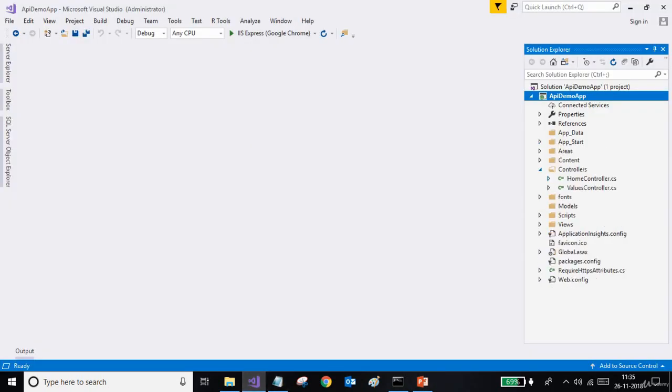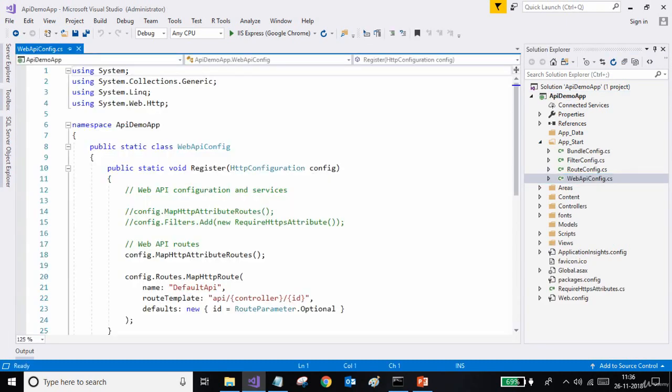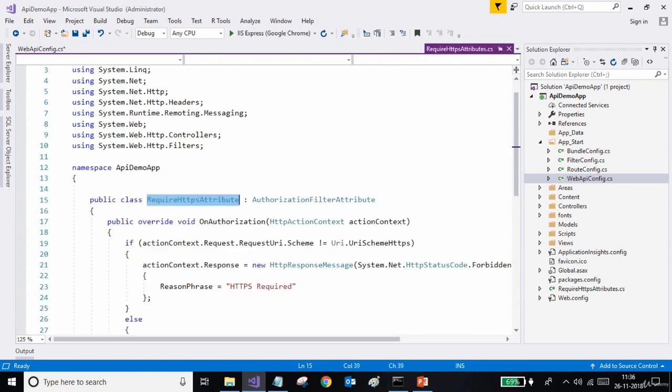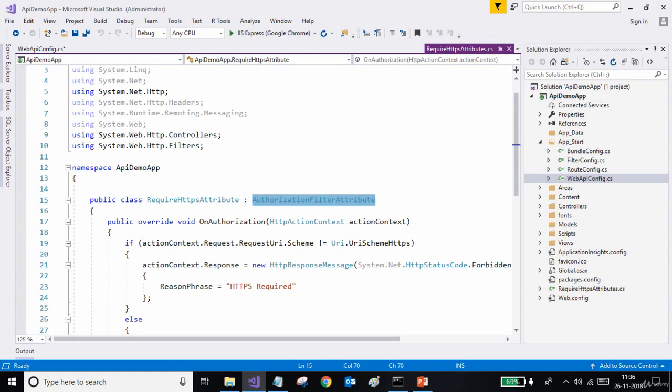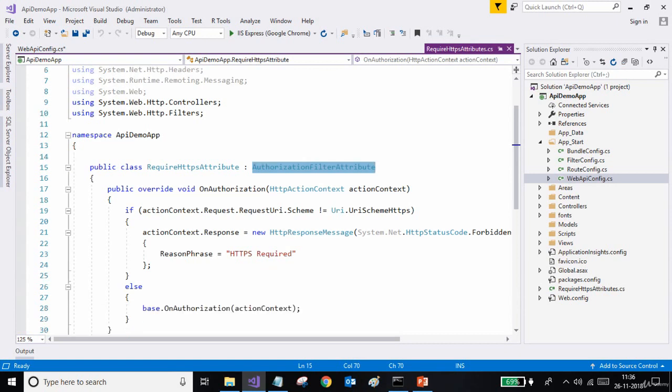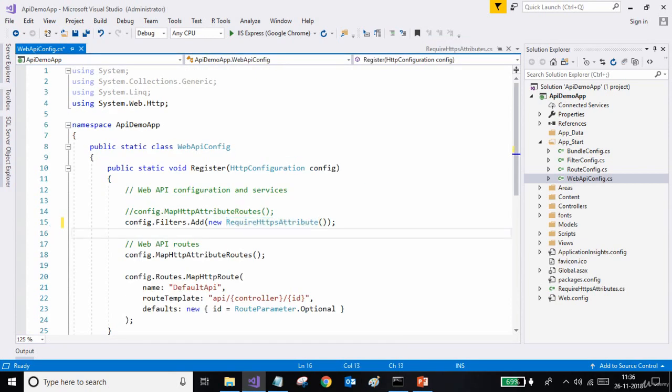So I have this ASP.NET Web API project here, and the important thing that we need to look at is this Web API configuration class. In here we have to enable this setting, which is adding a filter that requires HTTPS, and this is derived from the AuthorizationFilterAttribute class. So when we add this configuration here, the API runtime is going to have this registered, and for each and every